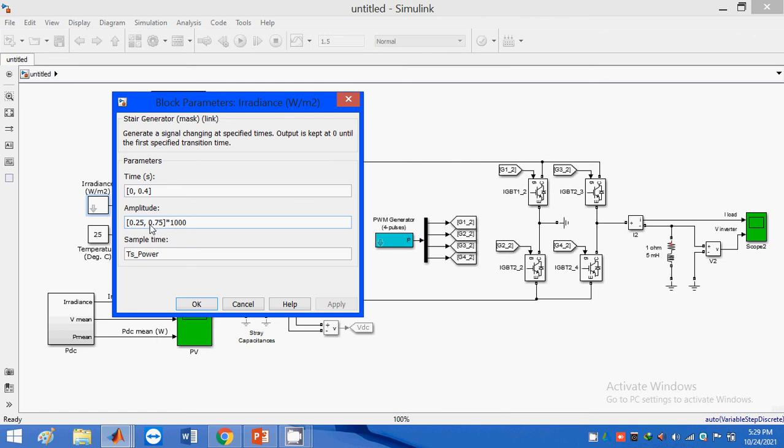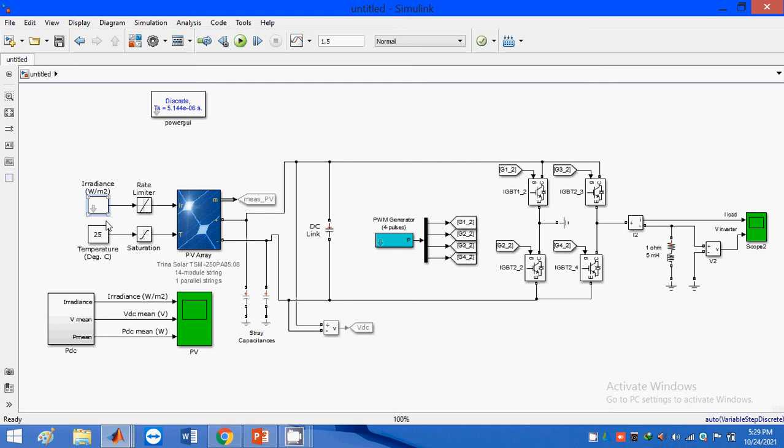That irradiance will be changed with respect to the time interval of 0 to 0.5. At the 0 time interval, I have 250 Watts per meter square, and at the time interval of 0.4 we have an irradiance of 750 Watts per meter square. So we are giving radiation and temperature as the inputs to the solar panel.